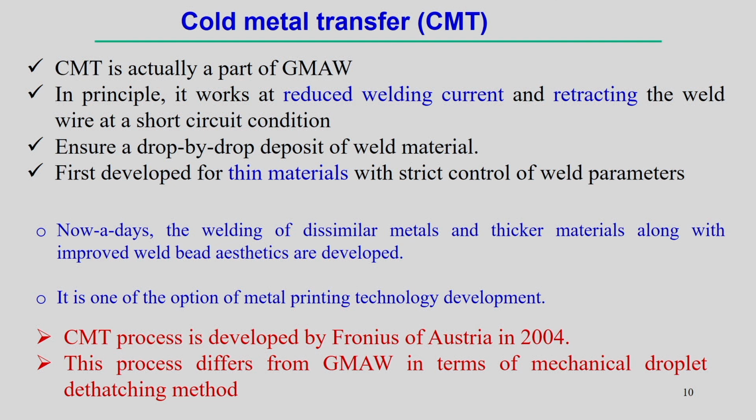So, reduced welding current, and at the same time it is different from GMAW in the sense that some retracting force is required in the short circuit condition. Basically, the metal transfer mechanism is associated with a more controlled way, using a digitally controlled mechanical system such that the welding torch is retracted back, and the metal transfer normally happens in the short circuit mode also. But we will see how it is different from the gas metal arc welding process.